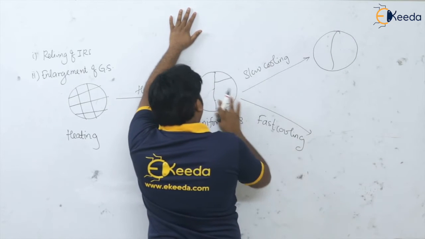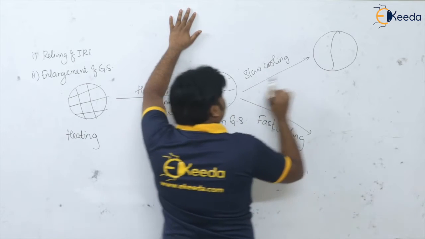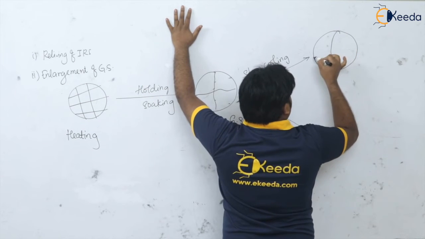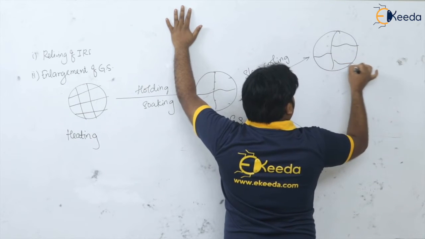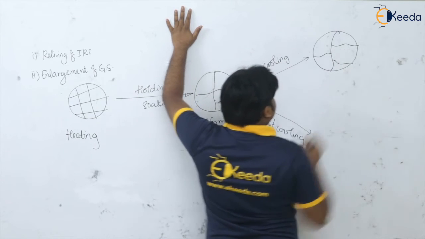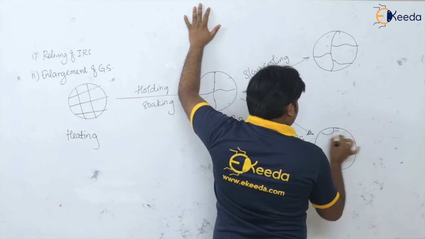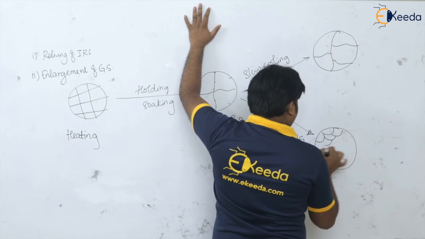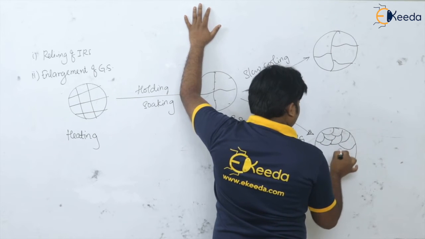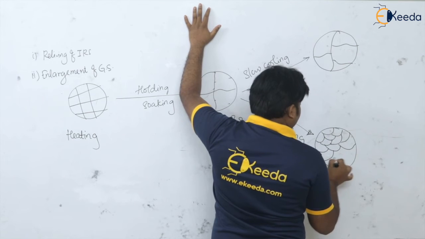If I show the uniformity in the grain like this, you are getting big grains here, isn't it? And when there is fast cooling, we can have fine grains,